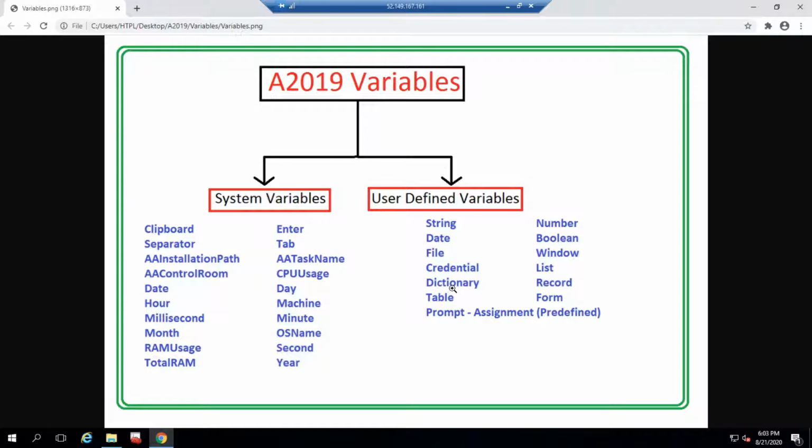So let's move on. Let me log into A2019 Automation Anywhere, and then I'll show you what the different options are in A2019, and how we are going to do some examples on variables. Okay, let's move on.